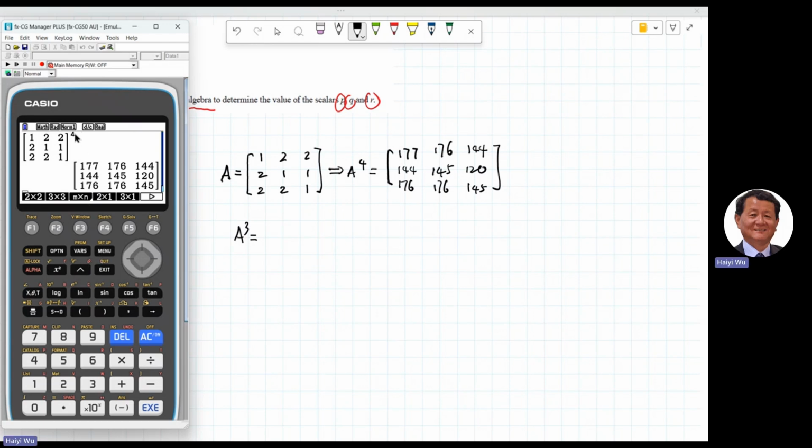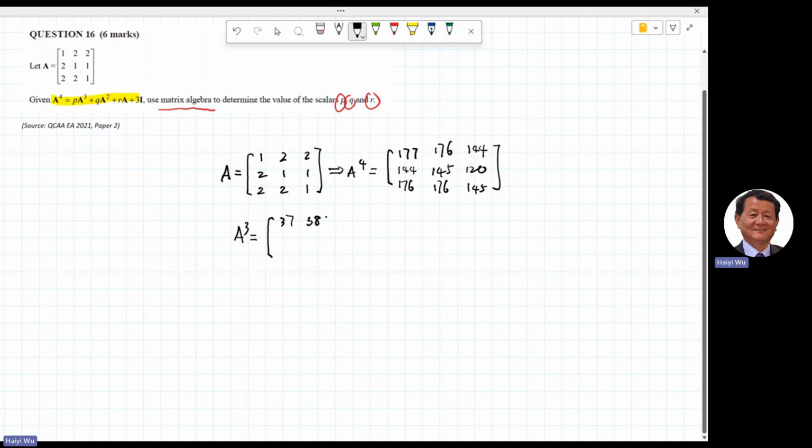Then I'm going to press enter, execute. So the answer for A to the power 3 will be